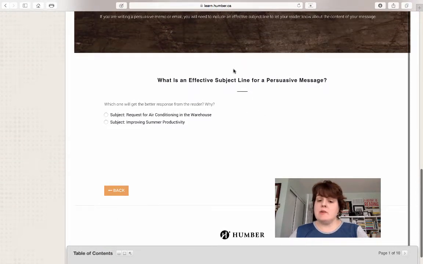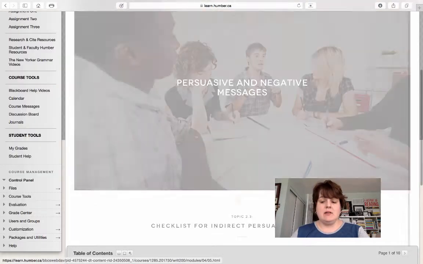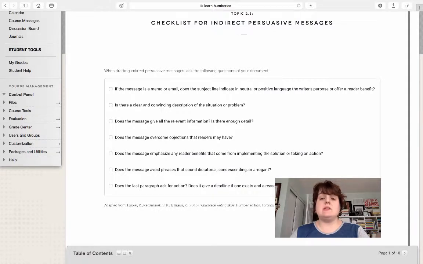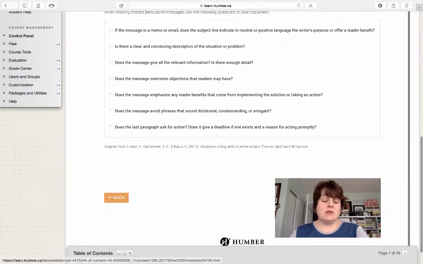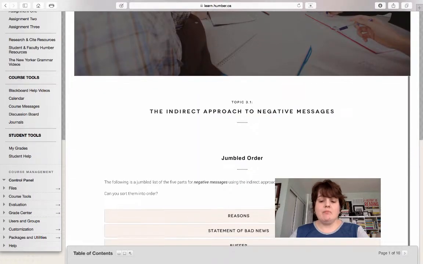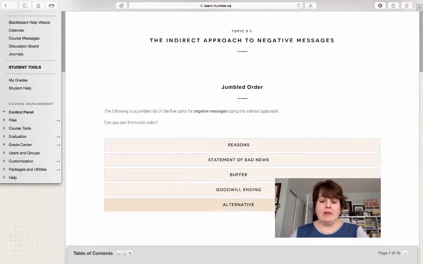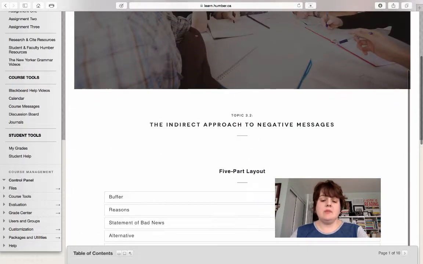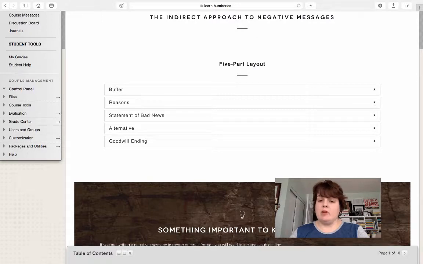A little exercise about subject lines for persuasive messages: which one will get the better response from the reader and why. You can pick which one you think and then click through next. And then there's a helpful checklist here about indirect persuasive messages, things that you might want to ask yourself when you're writing persuasive messages, particularly when you're in the editing phase. And then the same material for negative messages. There's a jumbled order activity. You can go through and check your answer. Some descriptions of that five-part layout again for negative